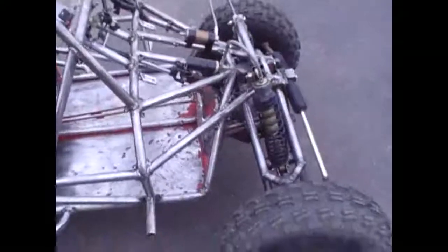That's the original Yerf front hoop tube, that piece going around. Everything else on the front end is custom made. The original Yerf pan with the center bar and the bottom tube is original, as is this top rail coming